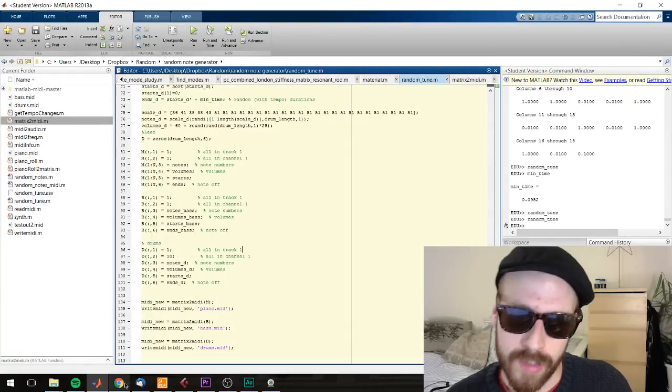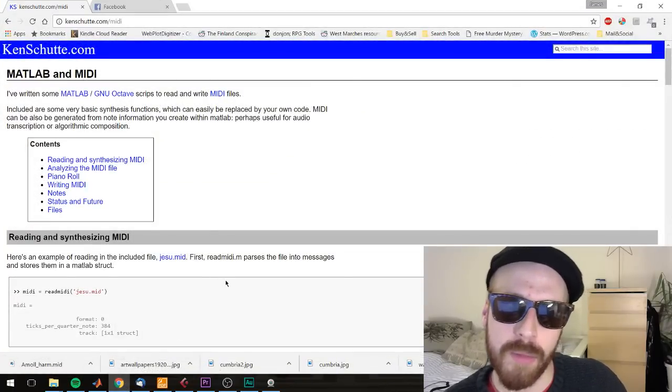Ladies and gentlemen, let's make some jazz. But not just any old jazz, 21st century jazz with computers and stuff. You won't need an instrument, you won't know how to play one, you won't need all the practice that comes with that and all the failure after failure after failure. All you need is a copy of Matlab and a wonderful bunch of scripts made by Ken